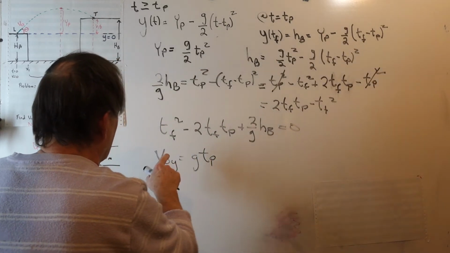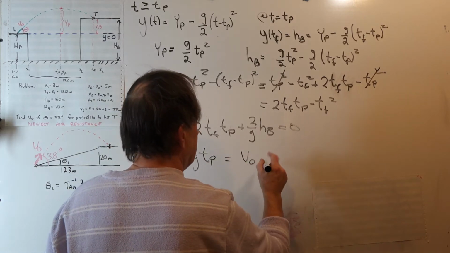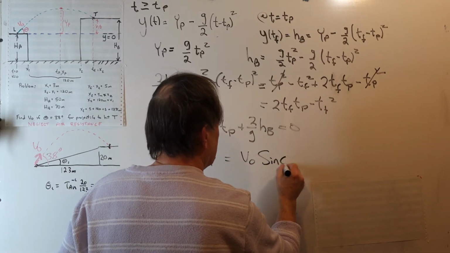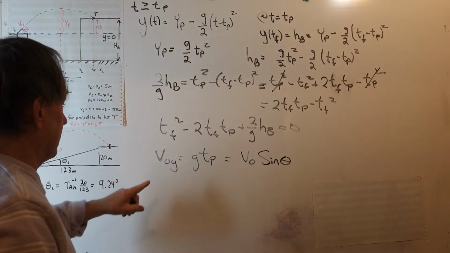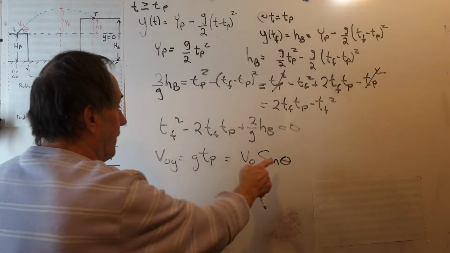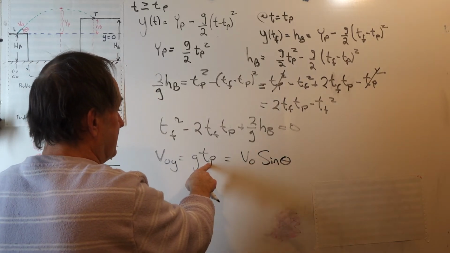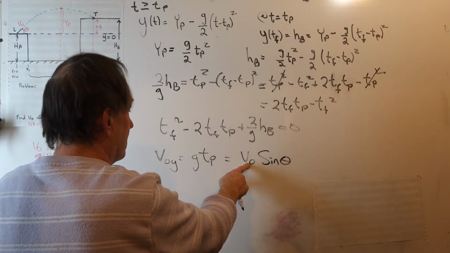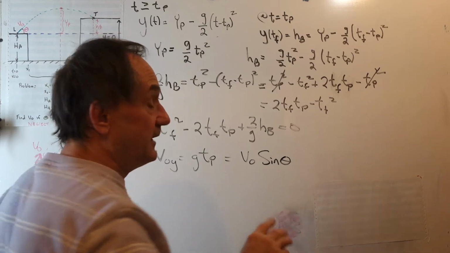Well, V0y is the initial velocity times the sine of the angle at which the projectile is shot. But we don't know what V0 is, so we really don't know what T peak is. We know T peak in terms of V0,